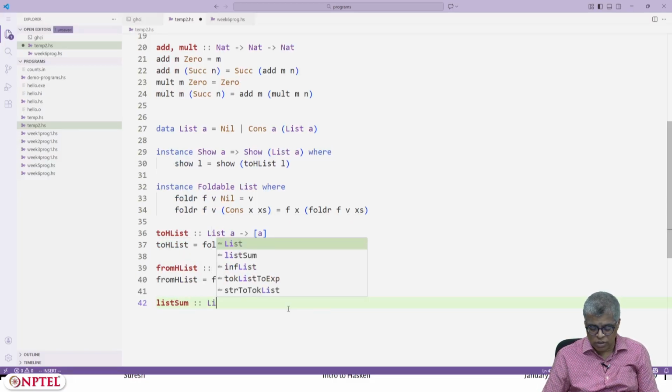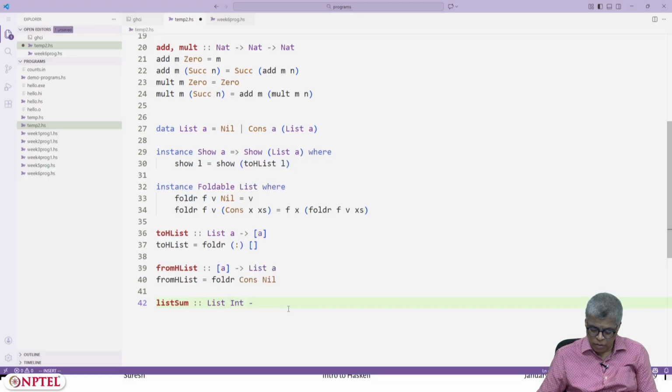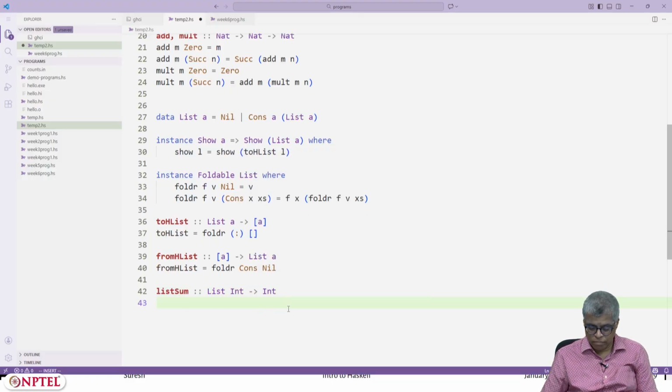Let's just say List Int. Yeah, and this should work automatically, because you have defined your own definition, capital L List, to be of type Foldable. So let's save this.